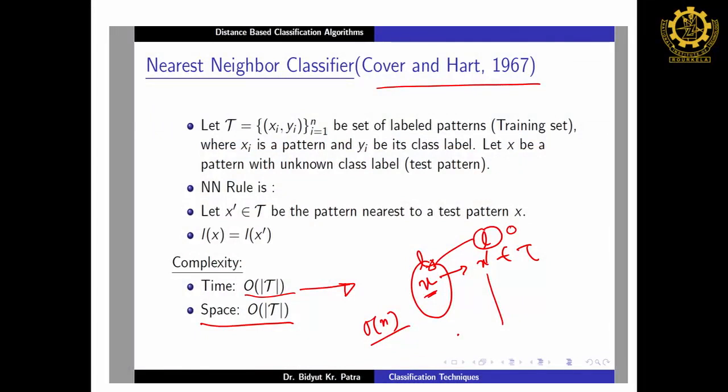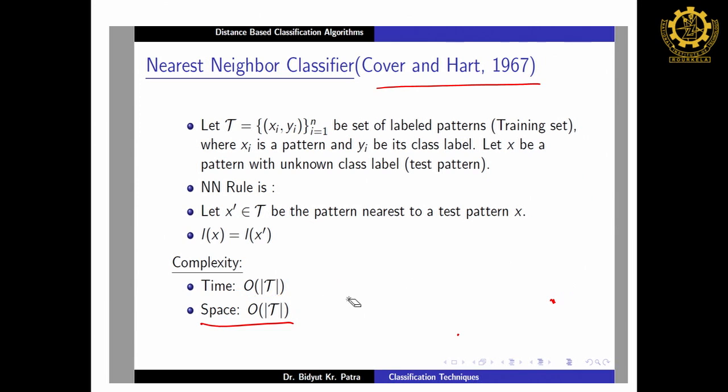And maybe there are two closest objects. Let us say this is x, another is x dash and another is x double dash, and they are very close to each other. But because this one is closest, we are considering only this object, though x dash and x double dash are both very close. So, to avoid this, after about 10 years, or I do not know the exact timing,